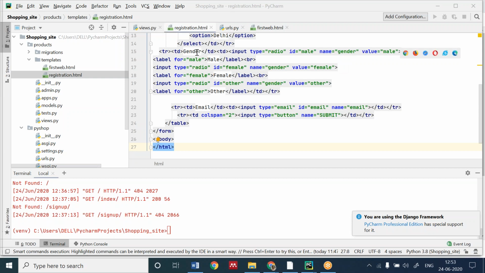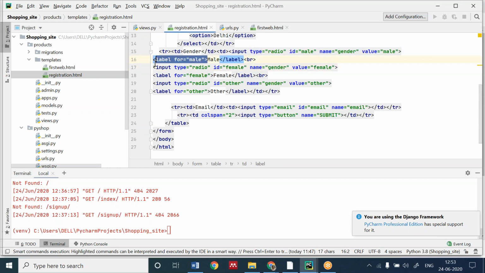When I am defining the gender, it's for Sarthak. Sarthak, there is an input type radio. If I want a radio button for male, I'm writing male. This is for writing only. You can remove this label and all. It's not like that.